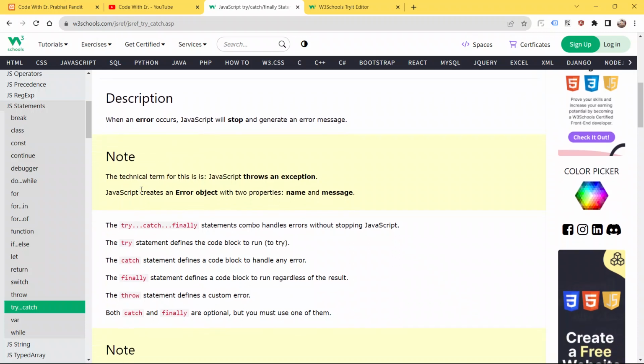The technical term for this is JavaScript throws an exception. So guys, this is the technical term. JavaScript throws an exception. JavaScript catches an error object with two properties, name and message. It says JavaScript creates an error object whenever the try catch block encounters an error, so it will create an error object with two